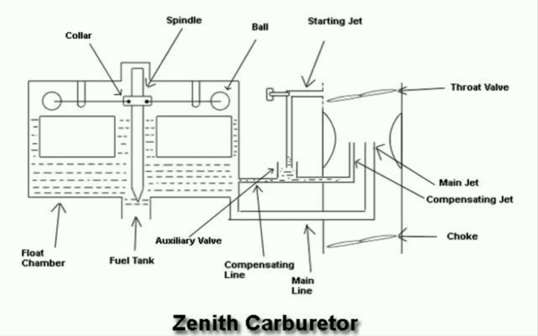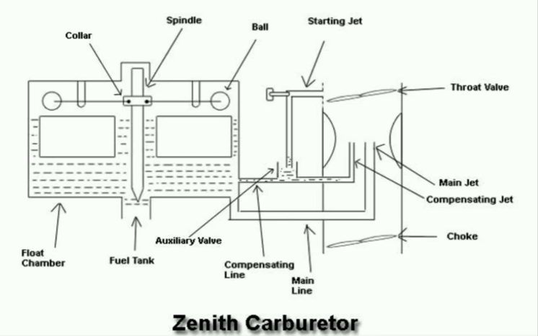This reservoir takes time to store the fuel because there is an orifice between the reservoir and the fuel chamber. Very little fuel is allowed to pass from the fuel chamber to the reservoir due to the orifice. So at high speed, fuel is sprayed from the main jet as well as the compensating jet for some time. So this is the working condition at high speed.